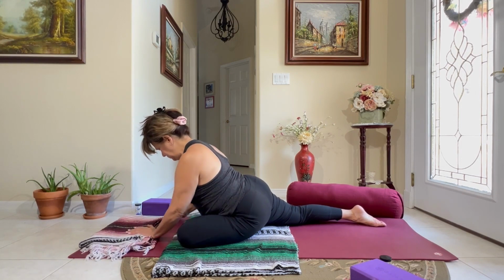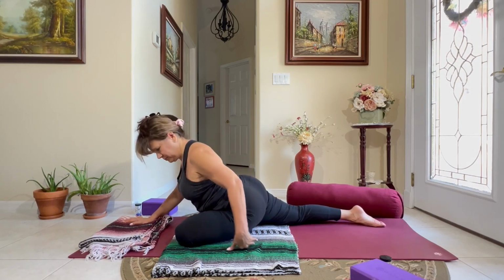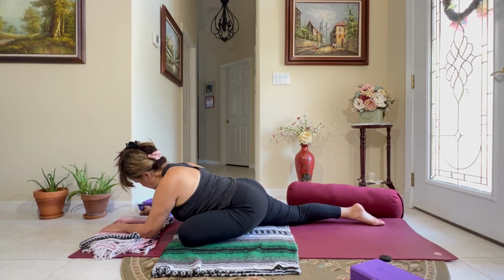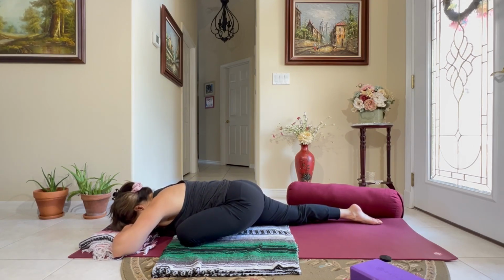Bend your knee. And again, you can place a block or a blanket underneath your left hip or under the knee of your extended leg for comfort. I always like to have a blanket in front of me to rest my forehead on, to cradle my arms. Come down into your swan pose on the opposite side